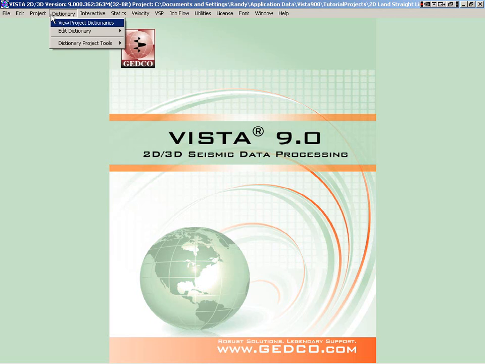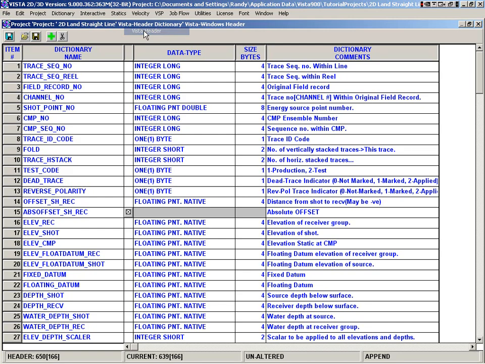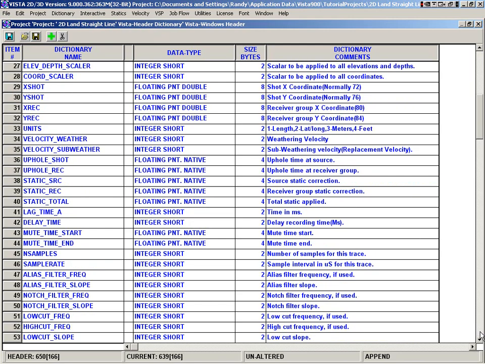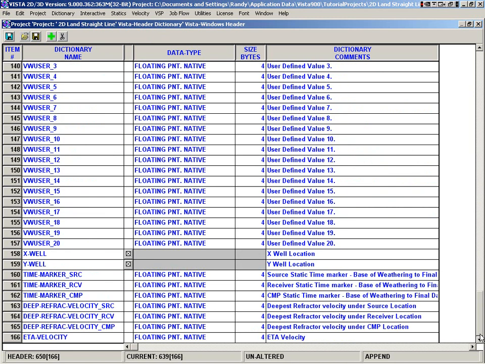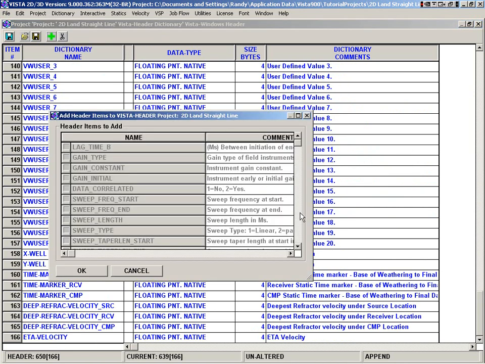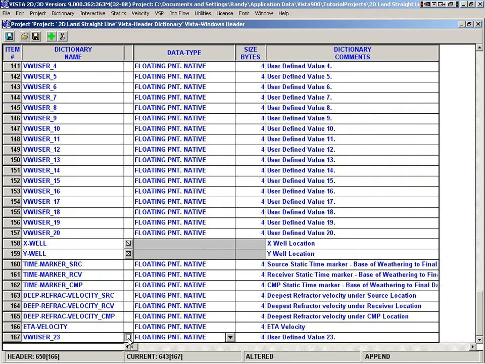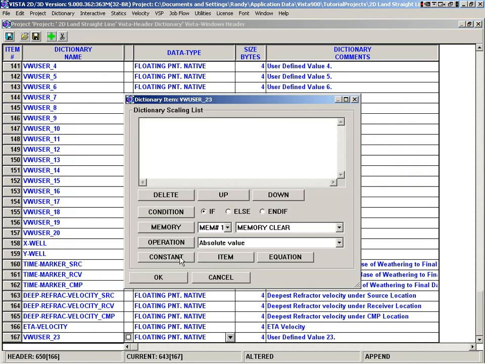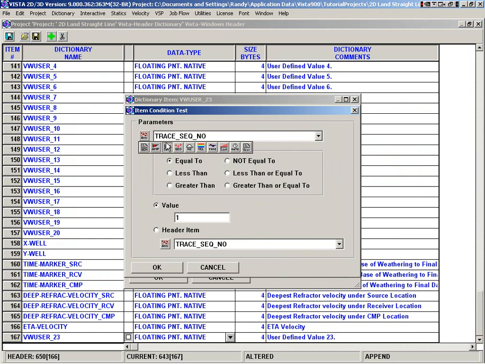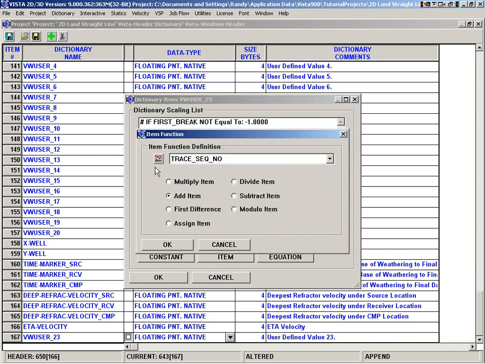As I mentioned before, let's have a quick look at editing the Vista header. The flexibility of Vista is that we can add in a new header word that occupies no space and makes use of some other header words. We'll just add this in here. We're going to set a condition on first break: if it's not equal to -1, which is an invalid pick, then we're going to assign it to the first break,